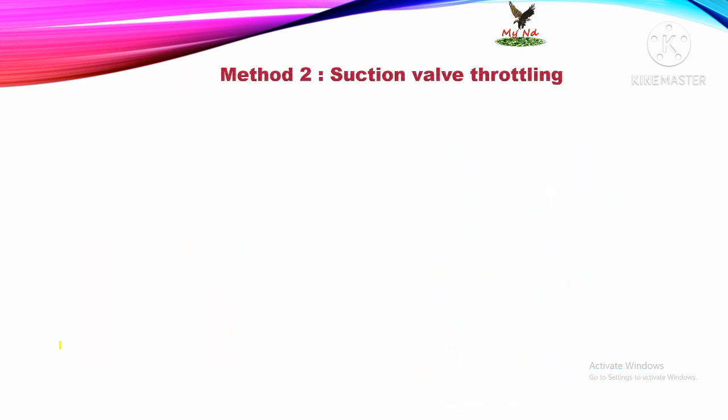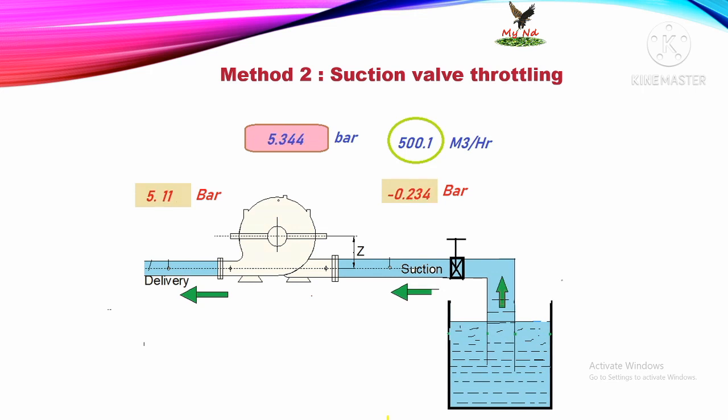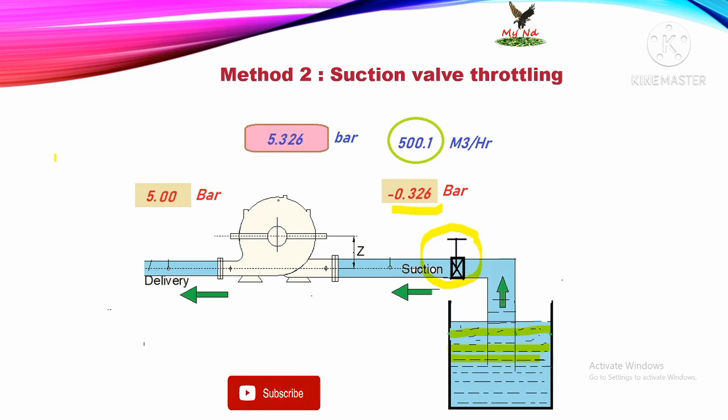The second method of NPSH test is the suction valve throttling method. In the previous method we lowered the sump level step by step and calculated the NPSH. In this method we add everything in the suction line, and by throttling the suction valve we raise the suction requirement and take readings. Suction valve throttling means closing the valve step by step up to 3% of total head. On the basis of those readings, we calculate the NPSH and the total head as before, plot the graph of NPSH versus total head and calculate the NPSH value.